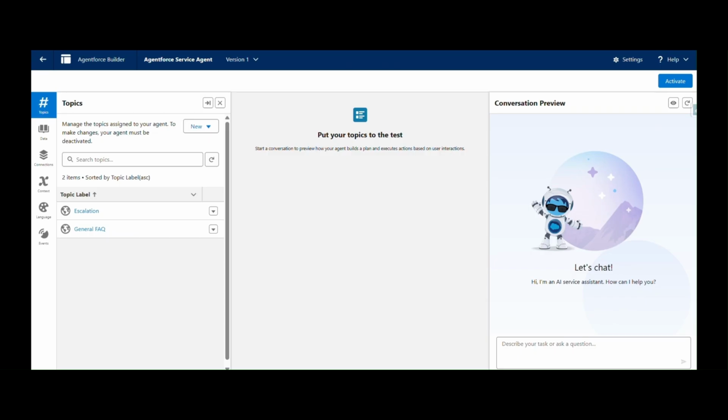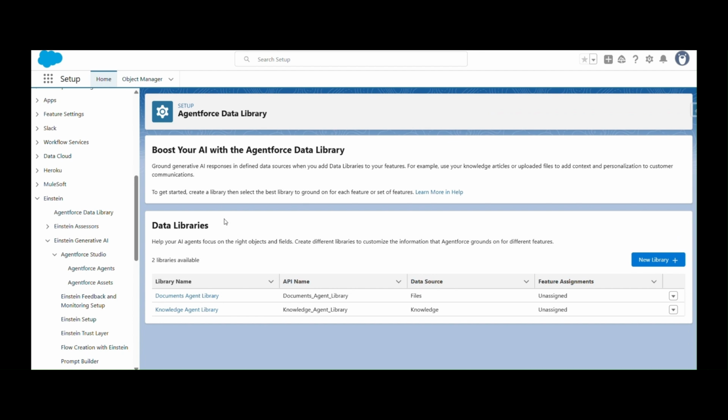So this is our Agentforce service agent, created with the type of agent being service agent. We have implemented in this agent the Agentforce data library feature with both the types, knowledge and file upload. Here we have added two data libraries, the knowledge agent library and the document agent library, for the data sources